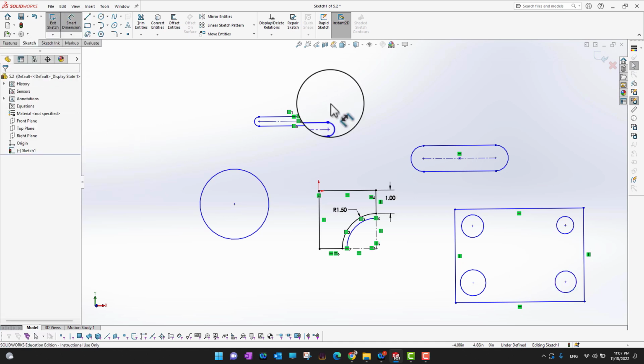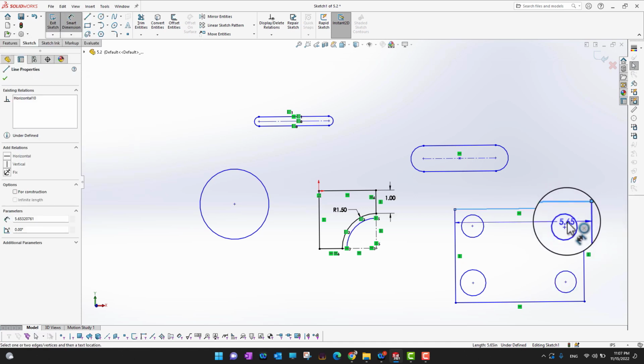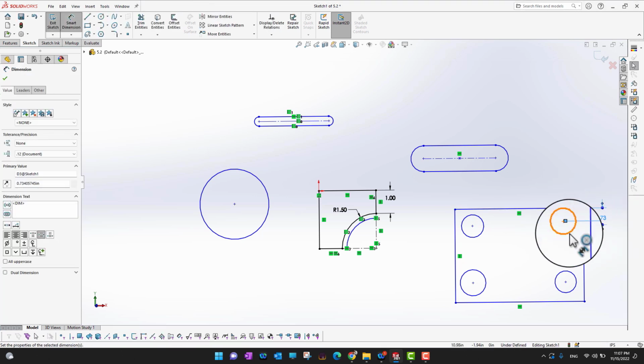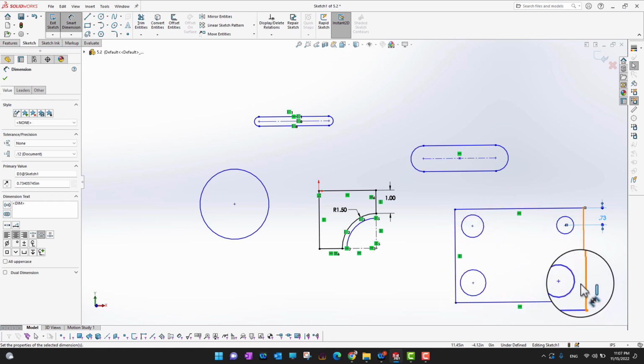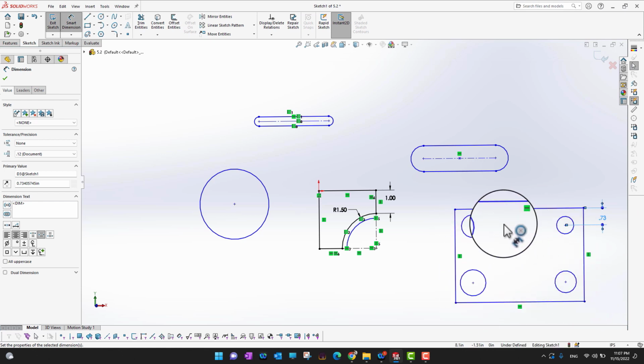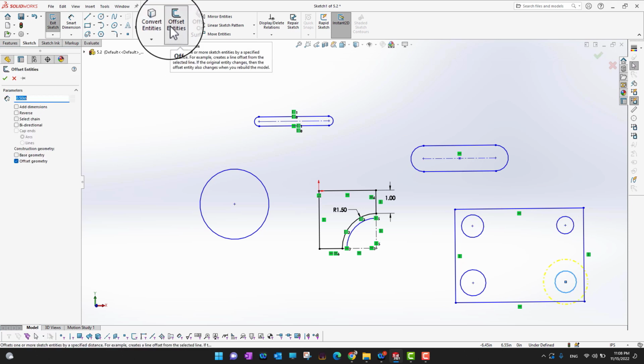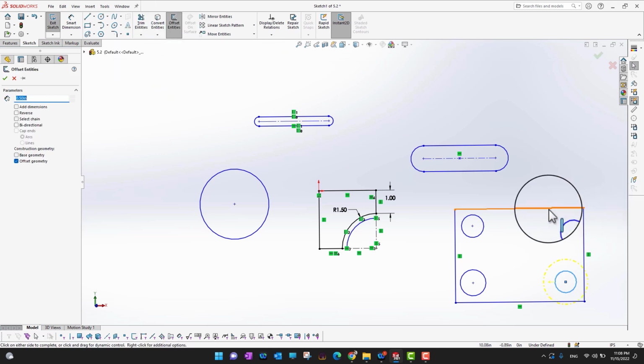And then what I have to do is go into the dimension. I'm going to dimension from here to here and then from there to there, and in this way I have to spend a lot of time and then draw the circle at an equal distance from this rectangle. So I'm not going to waste my time. What I'm going to do is go back and use the offset entity for this rectangle,